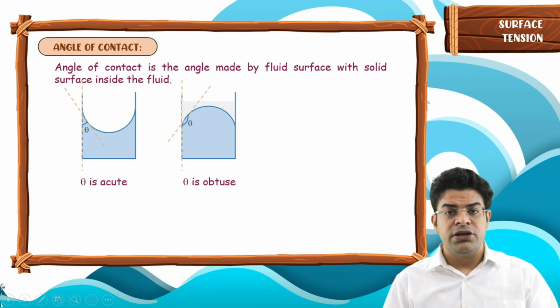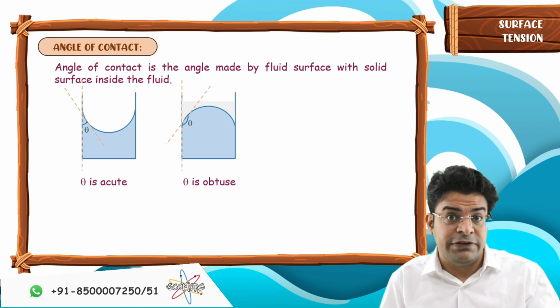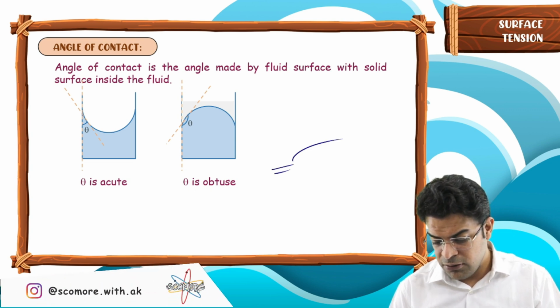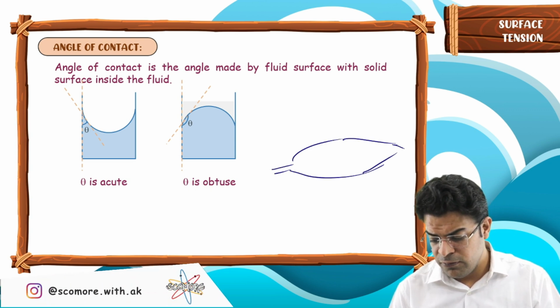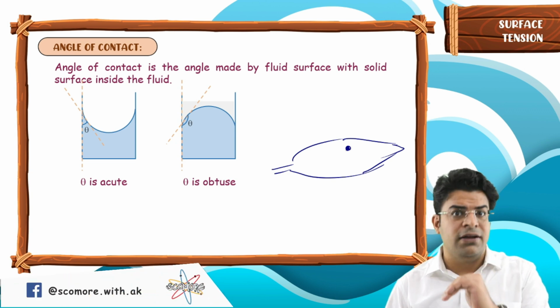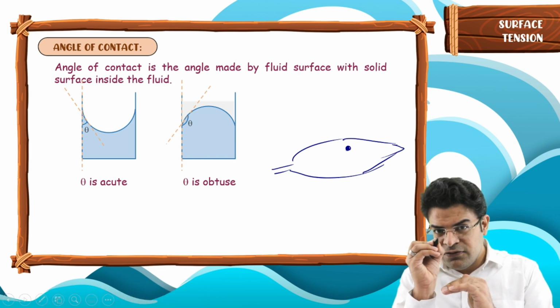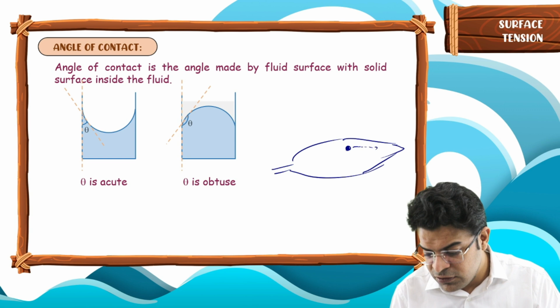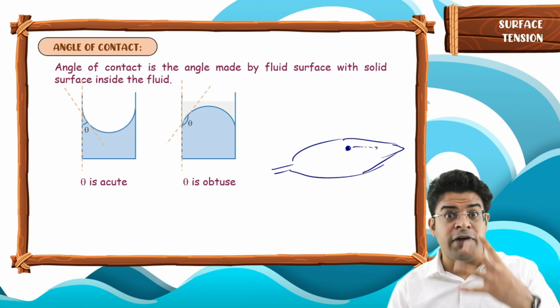Now sometimes we see that a fluid wets a surface and sometimes it does not. For example, if you see a dew drop of water formed on the top of a leaf, it does not wet the leaf. It is just there, a spherical drop placed over the leaf. It can move if you move the leaf gently, right? It is not wetting the surface.